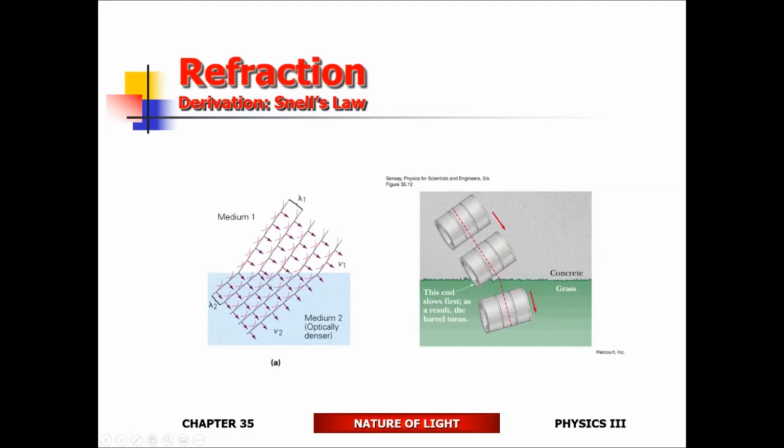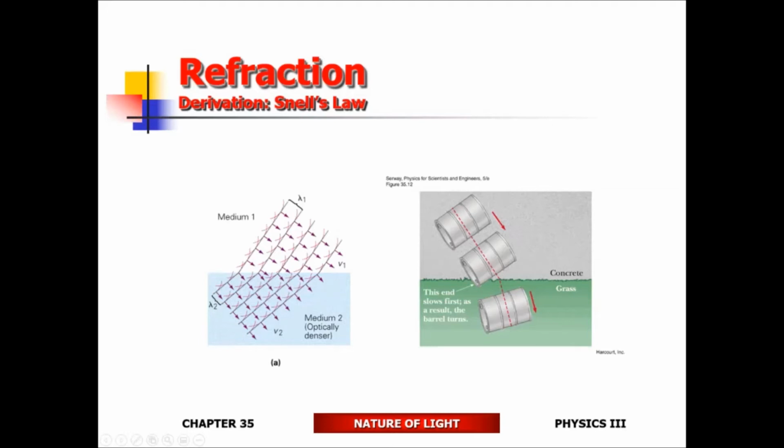All right, so that's the explanation that you end up seeing. But the reality of it is, if you're dealing with a barrel, the atoms on the surface of the barrel are rigidly attached to each other. So you're dealing with a rigid surface. So if you slow down this end, obviously this end is speeding up, the entire structure is going to turn. If you're dealing with the wavefronts, these things are not rigidly attached to each other. All right, so I can see that this end's slowing down, but that doesn't explain why the entire structure just ends up bending towards the normal.